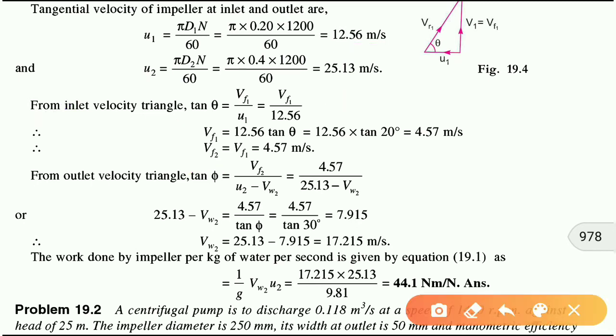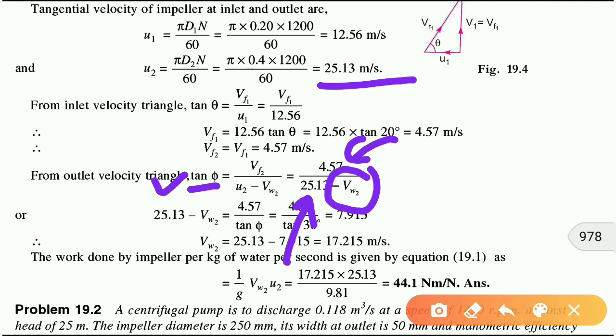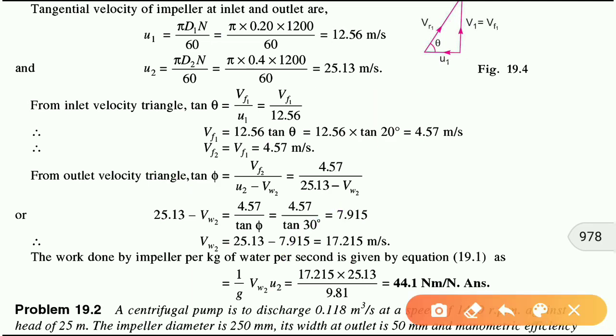Now from the outlet velocity triangle, we know that tan phi is equal to Vf2 divided by u2 minus Vw2. In this case, we have found out the value of Vf2. We know the value of u2 from here. We know the value of tan phi. So we can easily find out the value of Vw2. So after putting all these values, we will get the value of Vw2 as